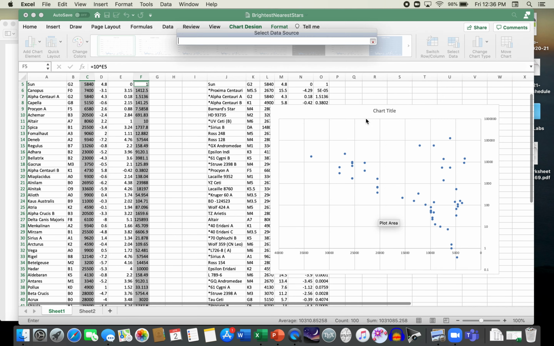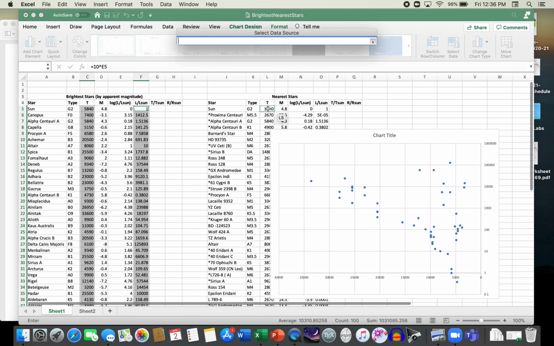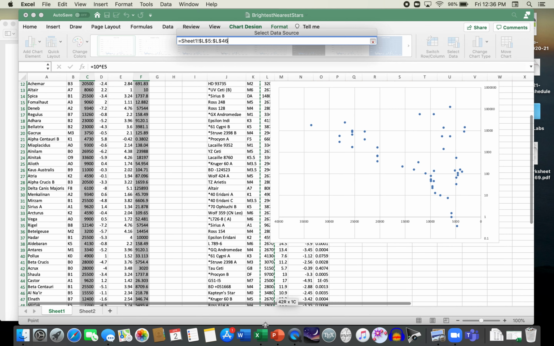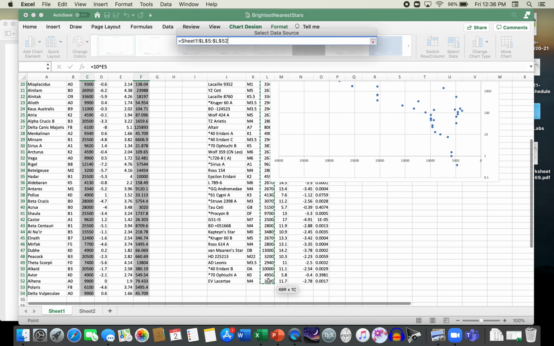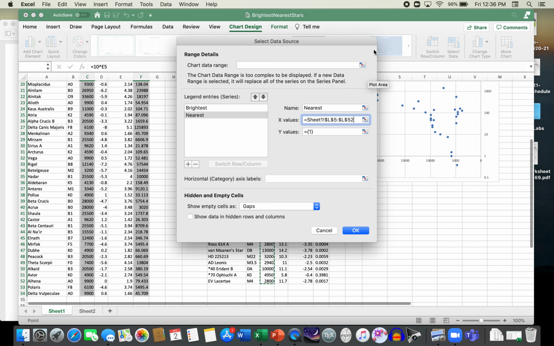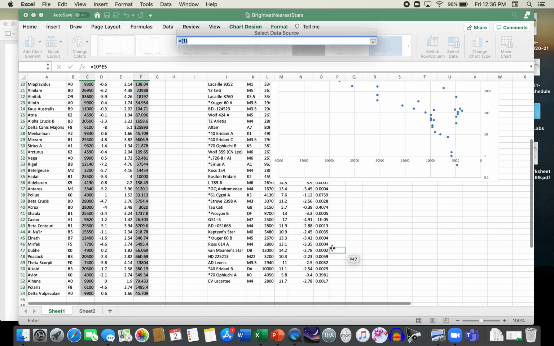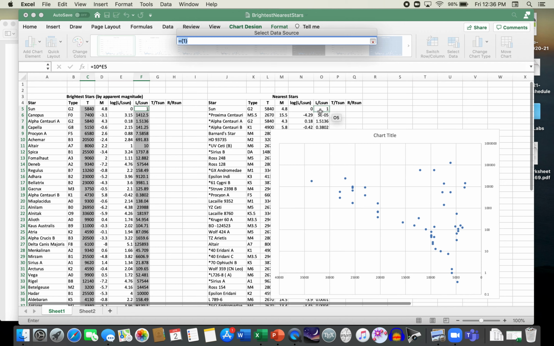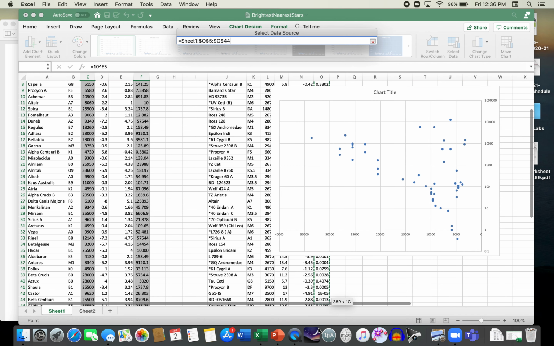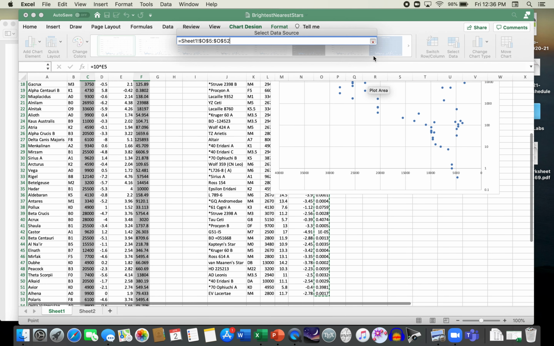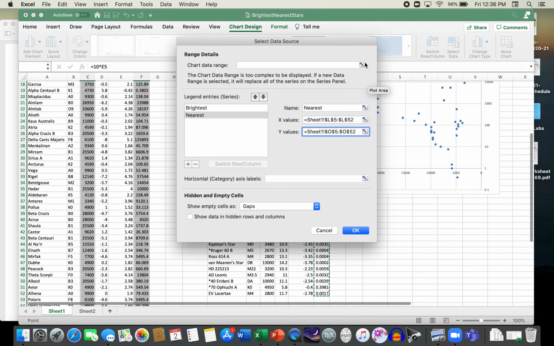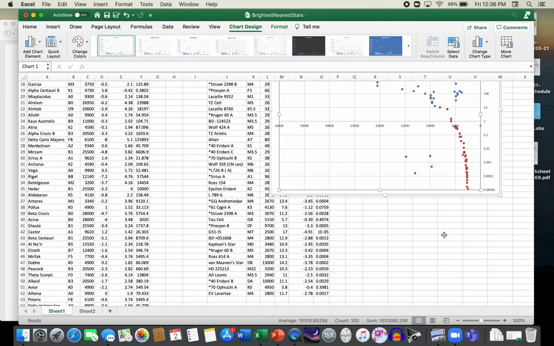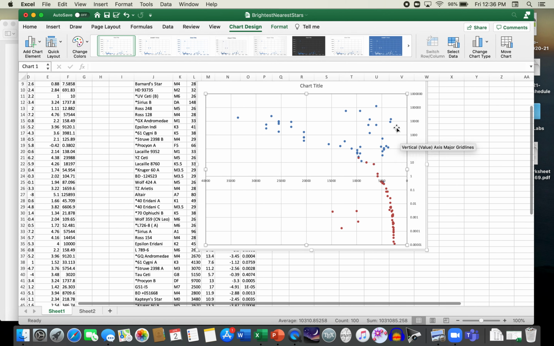And then you select the X values and the Y values. X values are temperature. So I'm choosing these temperatures. And the Y values are going to be the luminosities relative to the sun. So that's this column. Okay, so X values are temperature, Y values are luminosity, and now I've got two different series on the graph. So I should be able to click OK, and now I have my data, and it should look pretty close